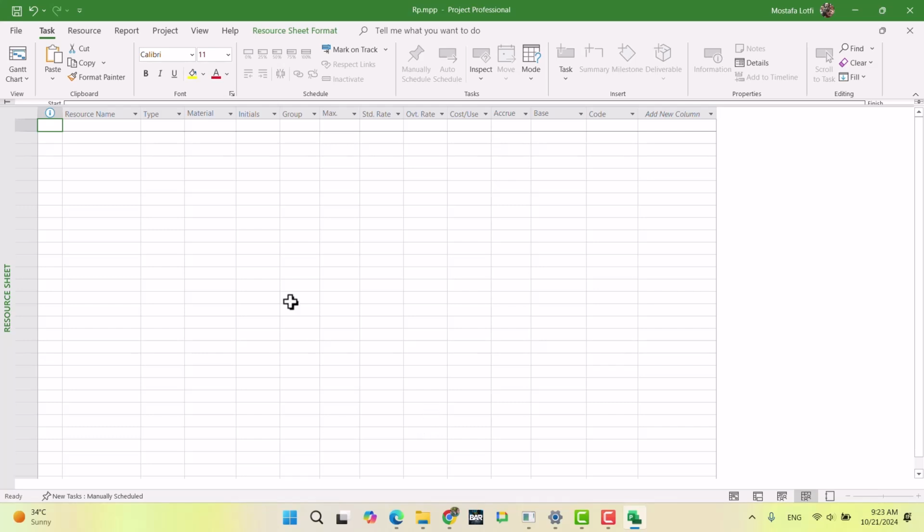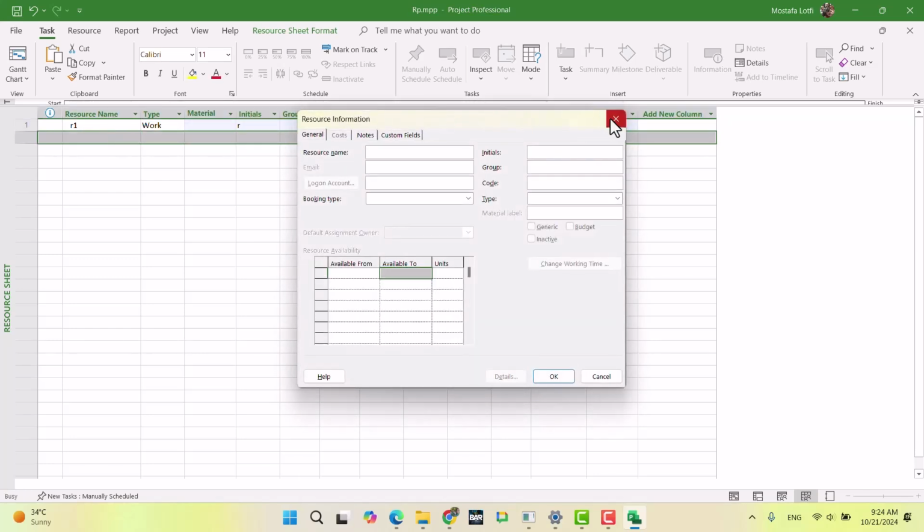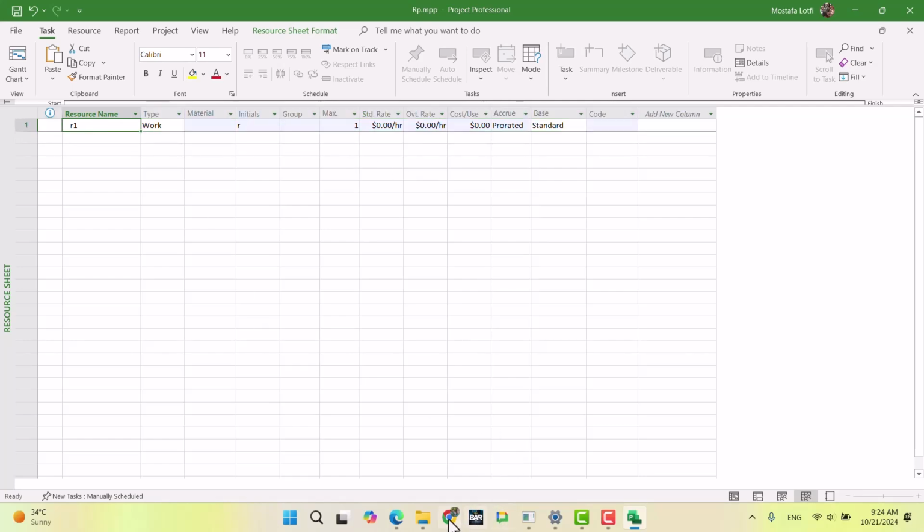When you want to define the resources, there are multiple ways to define them, but on this view you can define the basic information. When you define, for example, R1, you specify the basic information for each resource. If you double click, you have the resource information, and you can provide more details regarding your resource and define more complex information related to it. But now, let's follow